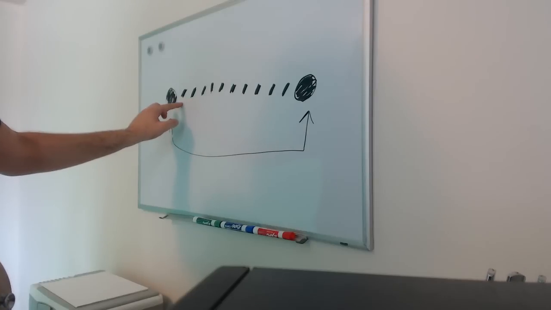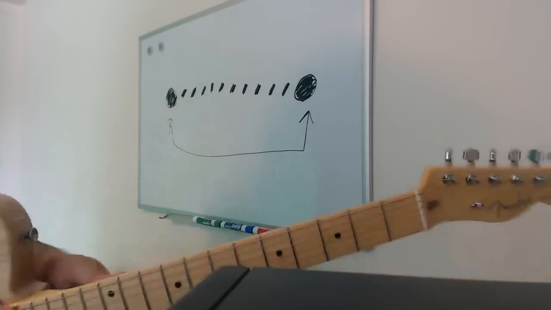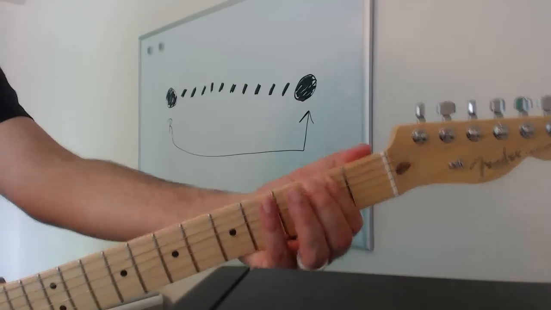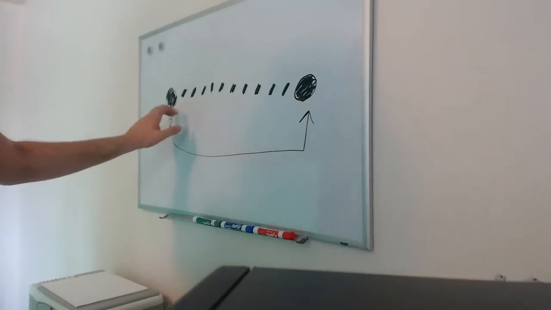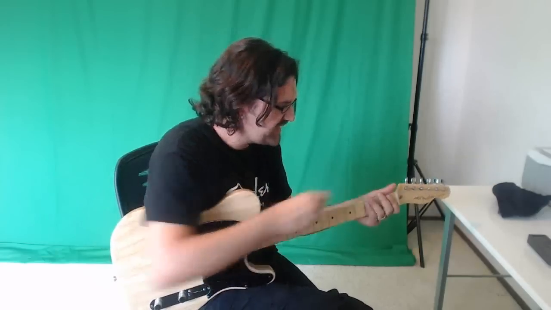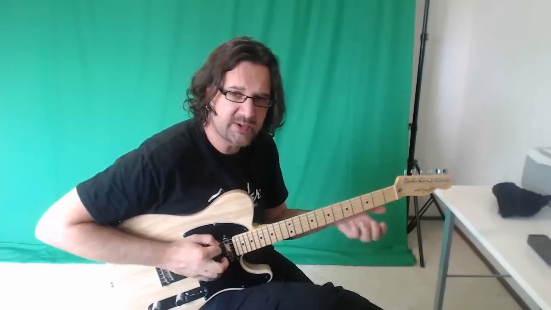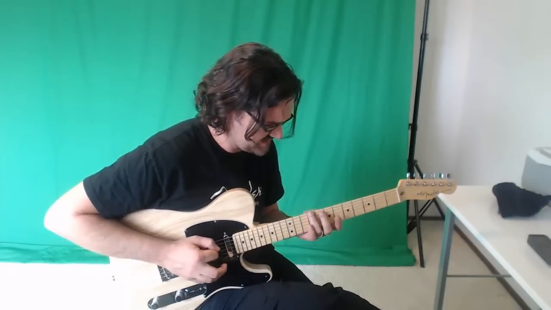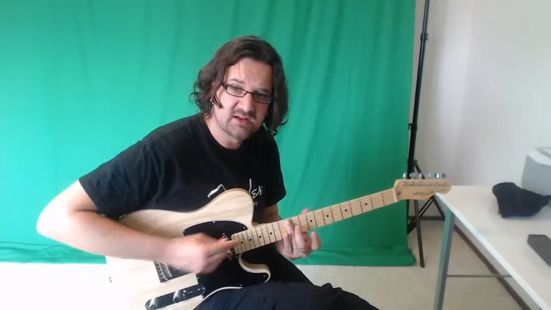So I'm skipping a note, so I'll play my open string, and then the second fret, that's what I just played. This interval is a little bit wider than that one. And if you play open string, 0, 1, 2, 3, 4, 5, 6, 7, 8, 9, 10, 11, 12, the